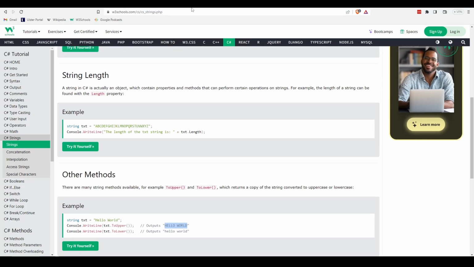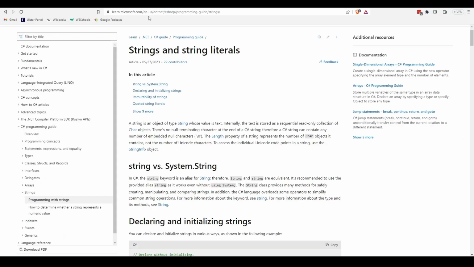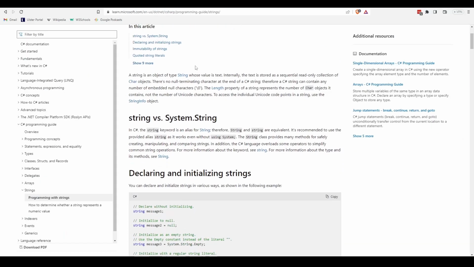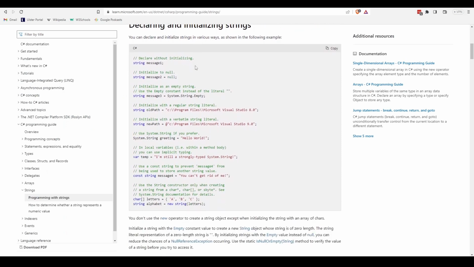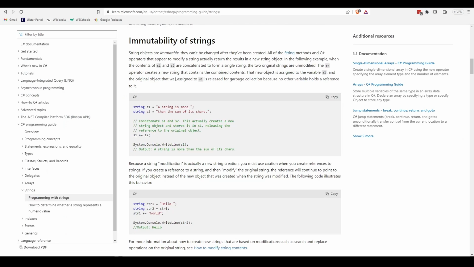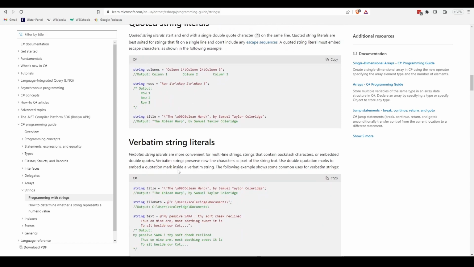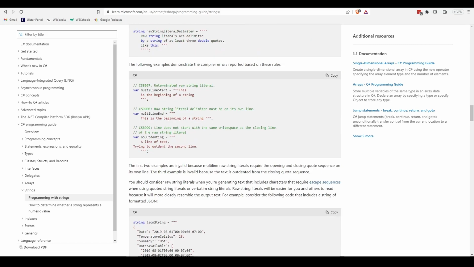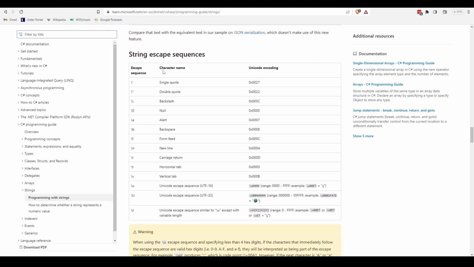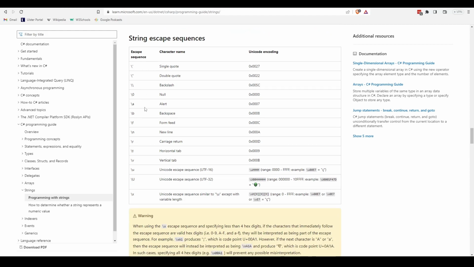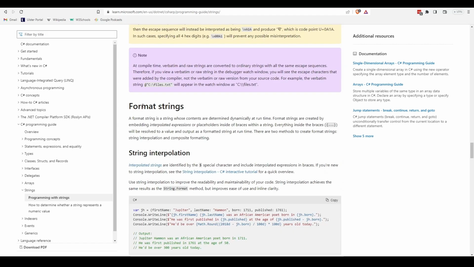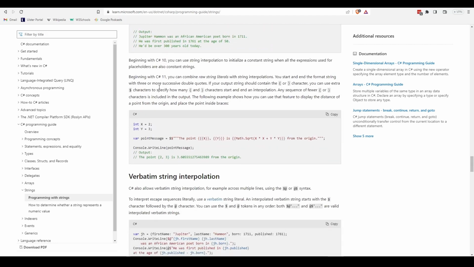If we go to Microsoft's documentation, you can see they give you a list of all the different methods, and things like how to determine whether a string represents a numeric value and how to convert strings. If we go down, you can see things like string escape sequences. If you need to have a single quote in a sentence, you need to put this escape sequence before that. Also how to format strings,